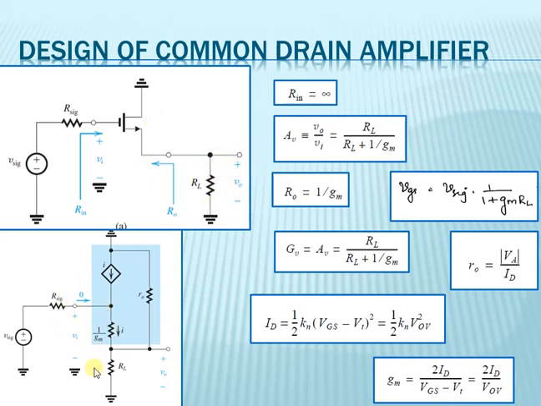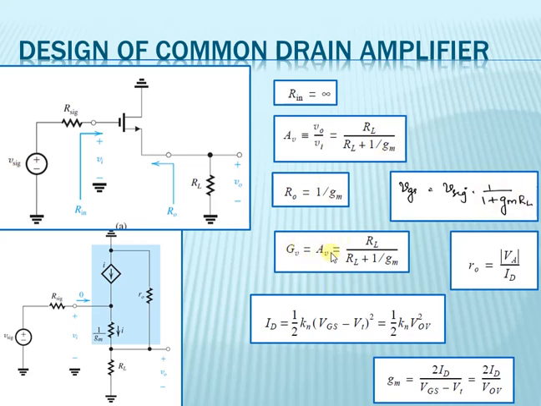The equivalent T model is also considered in the below figure wherein we have included the resistance small r naught. These are some of the design equations that we need to remember in order to solve the numericals. We know that the input resistance is infinite. The gain of the amplifier is obtained by RL divided by RL plus 1 by gm. R0 is equal to 1 by gm, and if we want to compute VGS, that is the gate to source voltage, that is computed as V signal multiplied with 1 by 1 plus gm into RL,